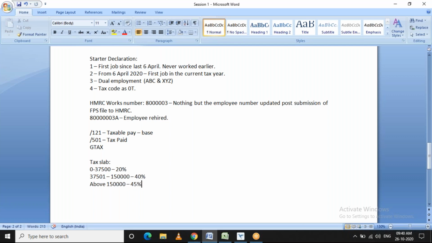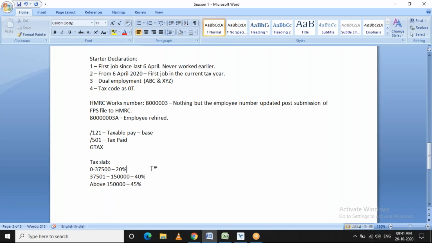So this tax slab is an annual value, and it is decided and provided by the government, HMRC, in the month of December for the following tax year. Now we are in the tax year 2020-2021, right?